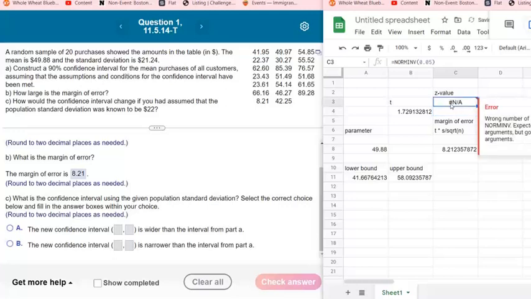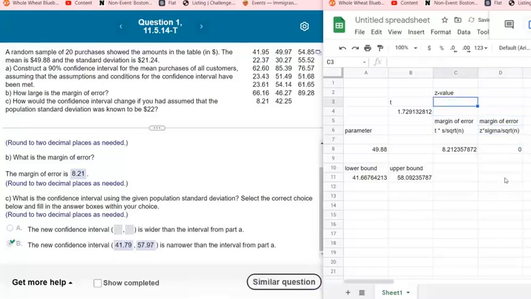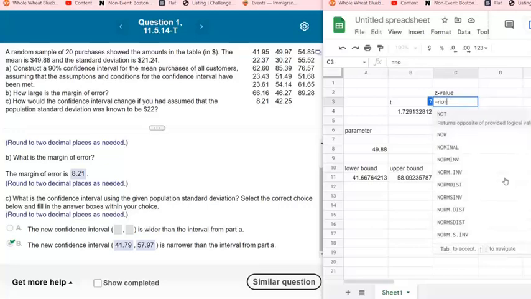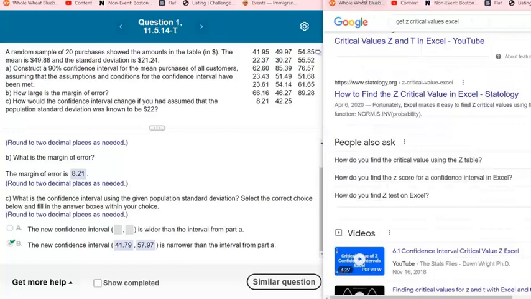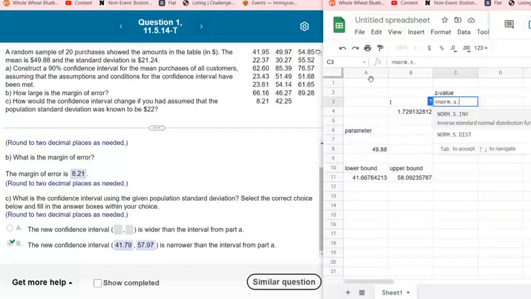Oh, that didn't work. Okay, I got to look it up. Okay, I tested it to make sure it works. So you get z value. Oh no, I forgot already. Equals norm. Here, I got it right here. Norm.s.inv. I don't use Google Sheets and Excel too often for statistics, so I got to look this stuff up sometimes. So norm.s.inverse,